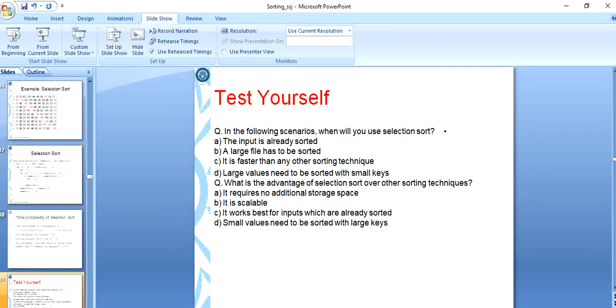It is called an in-place sort or internal sort, or it is also called an implicit sort. So for implicit sort or internal sort or in-place sort, we don't require any additional storage space. So the correct answer is A. So remember this. Some sorting techniques are internal sorting techniques, one example is selection sort, and some sorting techniques are external sorting techniques. I will discuss these types briefly in the